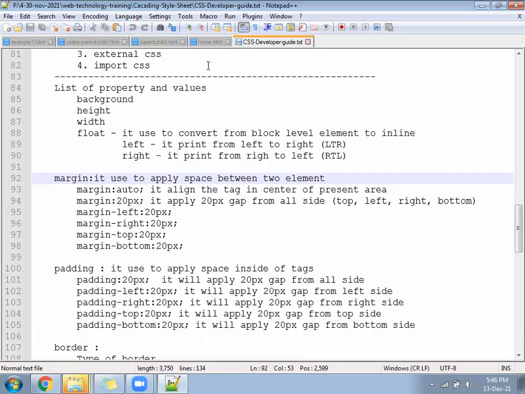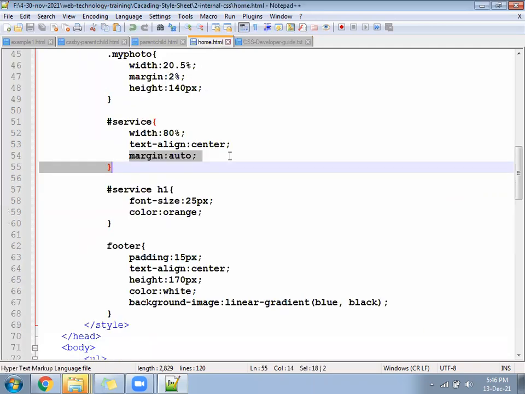Please go to your home file, and in the services block where you have written margin auto, remove that, then check what is happening. Let me know after that whether you understood or not.